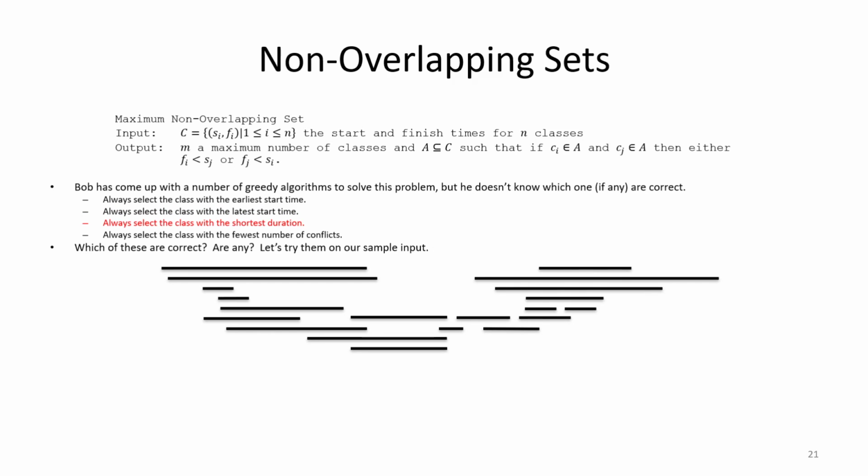Okay, next one, we're going to do the shortest duration. I've kind of designed this on purpose. It's hard to see just visually without numerical representation, but I've intended this one to be the shortest duration. So by selecting it, we rule out taking these two. Again, I designed this on purpose because we needed those two if we were going to get our maximum size